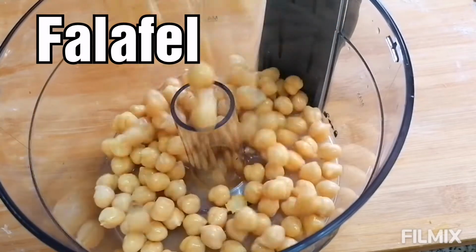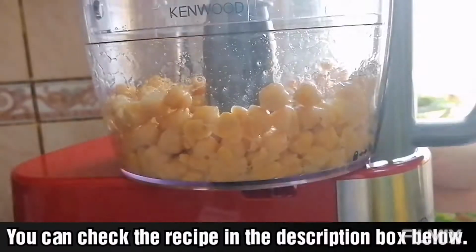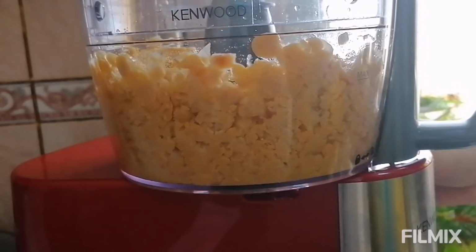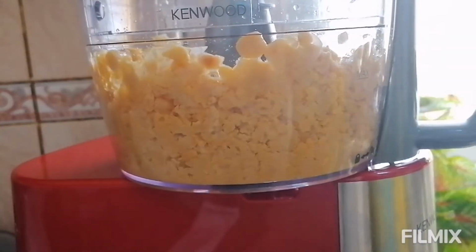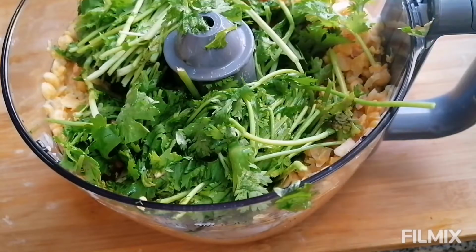So to begin with, we'll start with the falafel. To make falafel, take one can of chickpeas. Into this, I've added around 6 cloves of garlic and coarsely grind this. Do not add any water to this. Once this is done, add a bunch of coriander leaves,